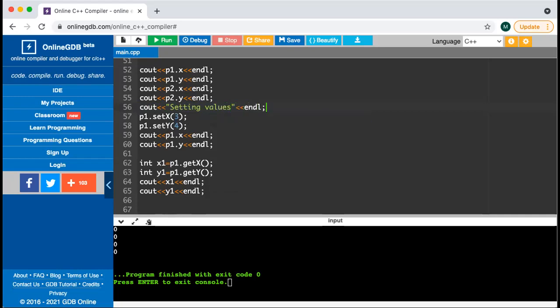So these are the values that have been set by the setter functions, and this would be cout. We can say that this is getting the values,